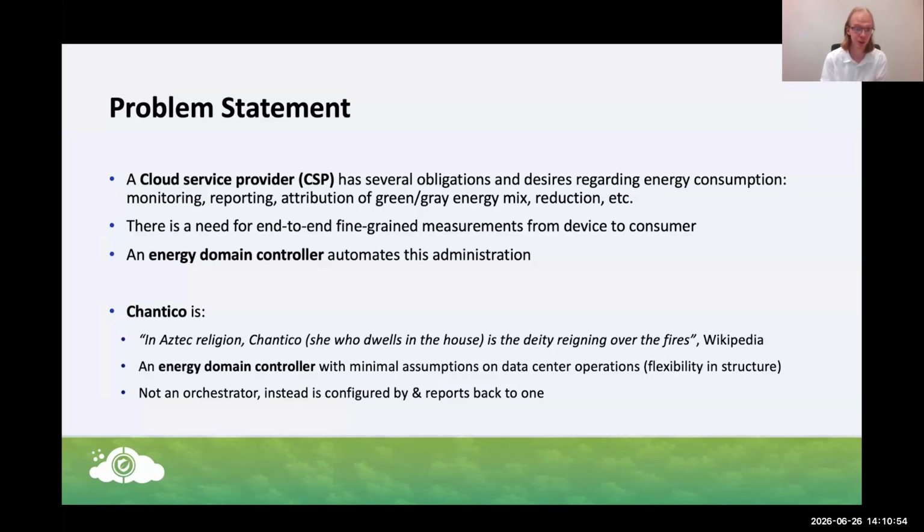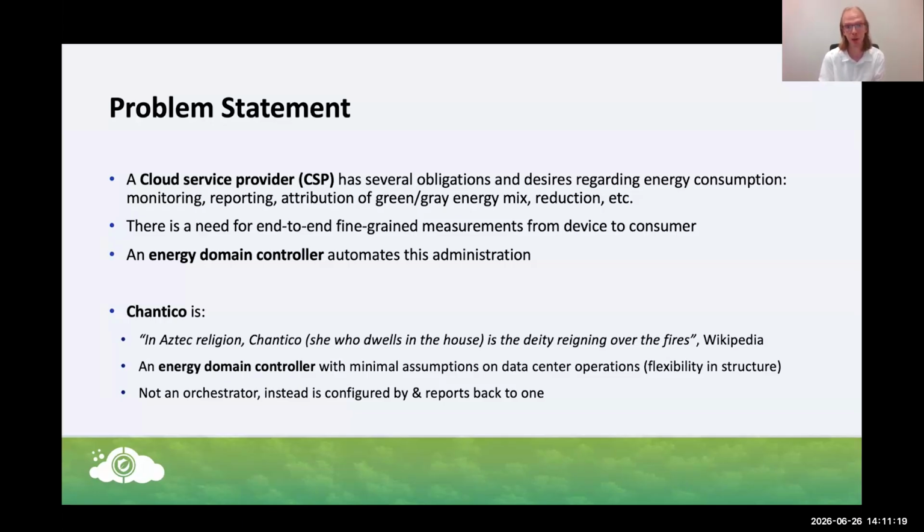And the idea is that Chantico takes minimal assumptions about what the operations are within the data center, that there's really a flexibility in how the resources are combined together, where a certain service might live. That it could also be migrating between different bare metal servers or Kubernetes clusters or virtual machines.